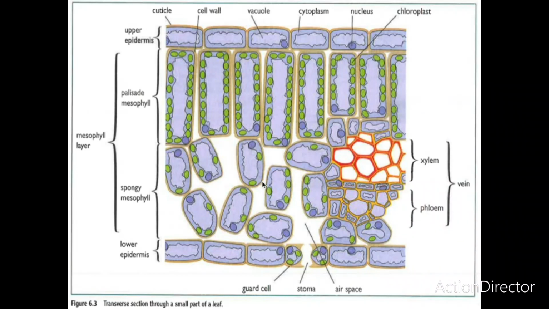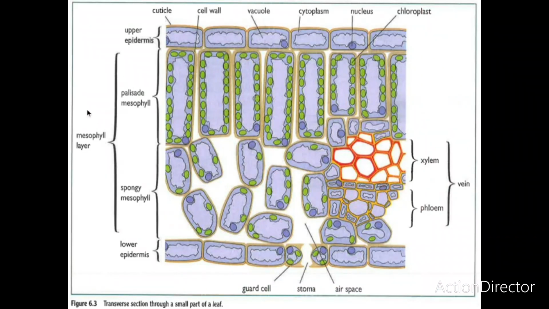So this diagram shows us a transverse section through a small part of a leaf. So this is the upper epidermis of the leaf, and this is the mesophyll layer of the leaf, which consists of the palisade mesophyll layer and the spongy mesophyll layer. So the spongy mesophyll layer has got some air spaces, and this is the lower epidermis of the leaf, and it has got a lot of stomata. A single one is called a stoma, and some guard cells. So this is a vein, a leaf vein, and a leaf vein consists of a xylem vessel and a phloem